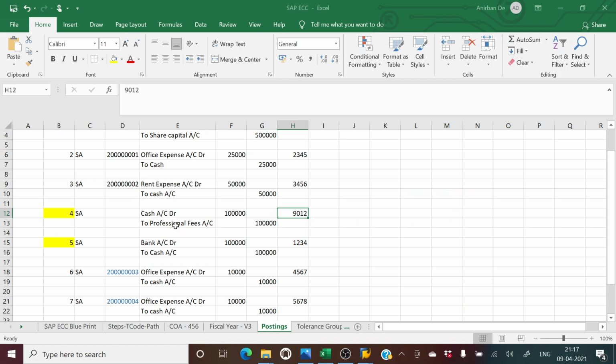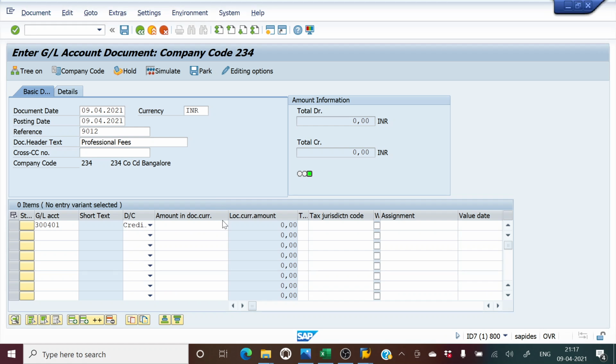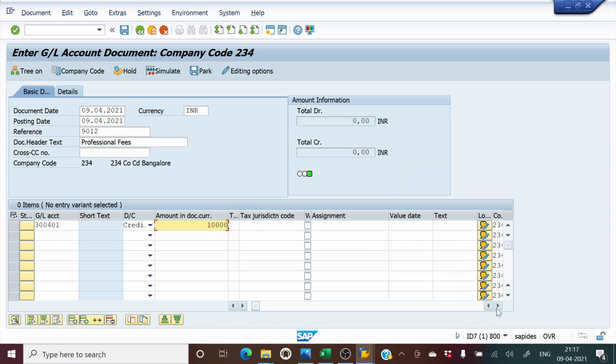And the amount that we have thought of taking is 10,000 rupees. You further go here and you enter the text, professional fees received.